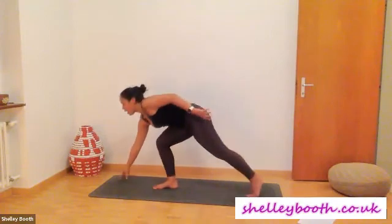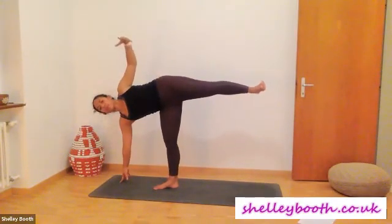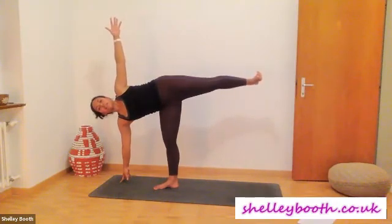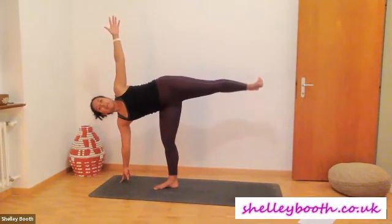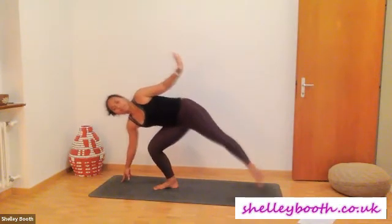Lift your left leg off the floor. Open your hips to the left. Find half moon. Breathe in here. Exhale. Now we bend the right knee, and I want you to gracefully step your left foot to the back